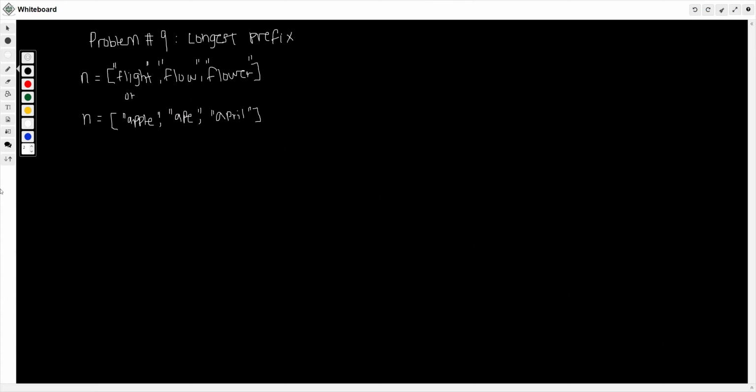Okay, and the output for this guy would be FL, and the output for this example would be AP, because the prefix is